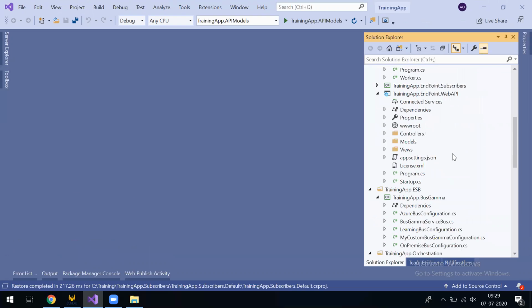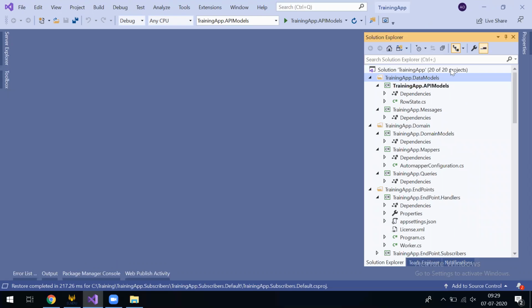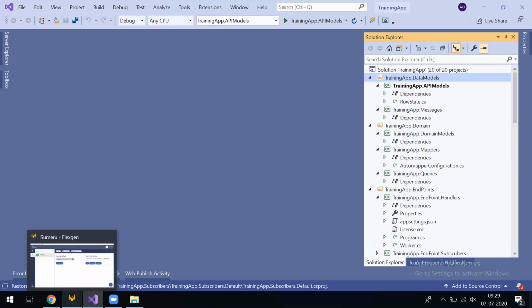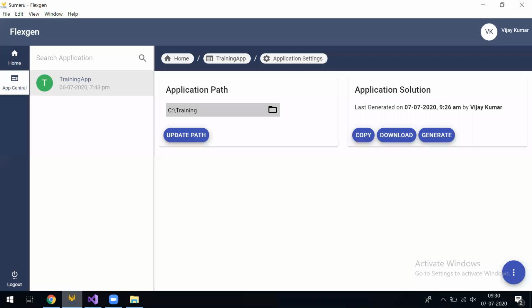Okay. Now, as we can see, our initial solution has been generated. Now let's go ahead and add the feature code in our solution, the 4 features which we have already created in Studio. Let's move ahead to Gen. Now our solution generation is done. We have copied our solution.